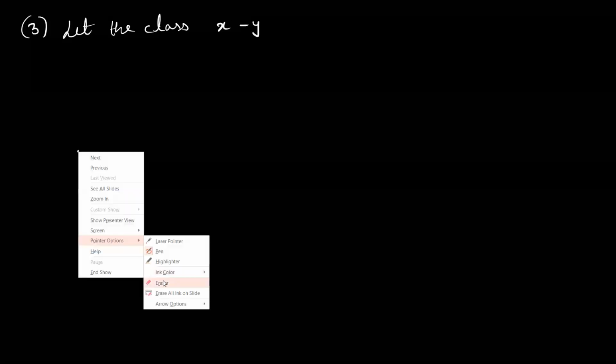Hello, Ayushi. Yes, sir. In the third question, can you read the third question first? Class mark is 10 and class width is 6. Then find the class. Okay. So what I will start by saying is, let the lower class limit be x and let the upper class limit be y. That is also fine. Or I can say let the class be x to y. Or I think yours is better because this looks like minus. So I guess that is better if we write.